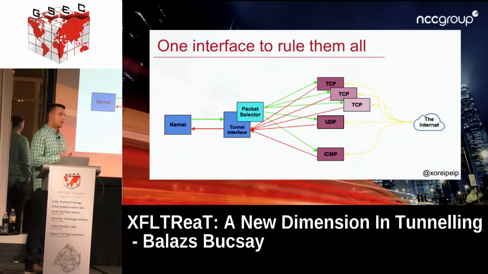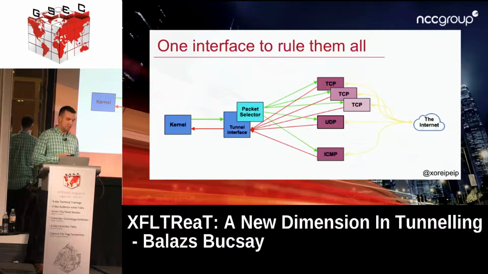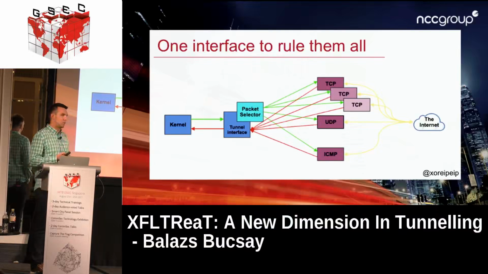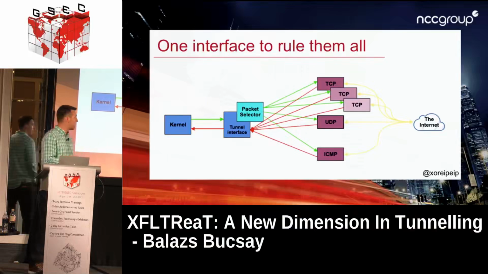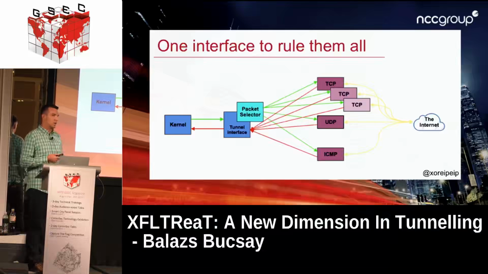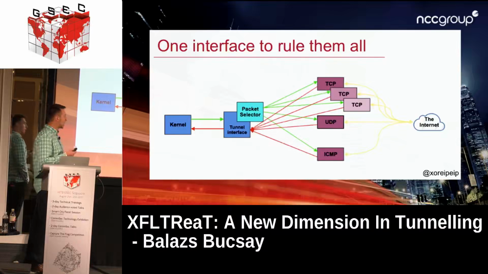And this is the thing. When you do tunneling, you usually have one user on one interface. But in this framework, I have only one interface for all modules and for all users. So at this point, I need to select which module the packet should be sent to. And how I do that, I just check the internal IP address of the packet. And if it matches a client, I know where to send it. So I send it, for example, to the ICMP module that encapsulates the packet and sends it back to the client